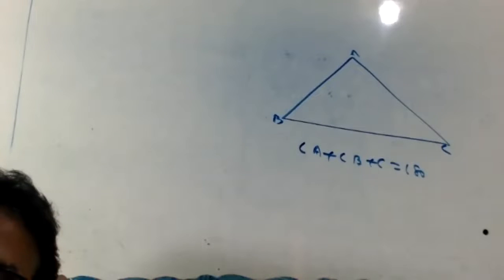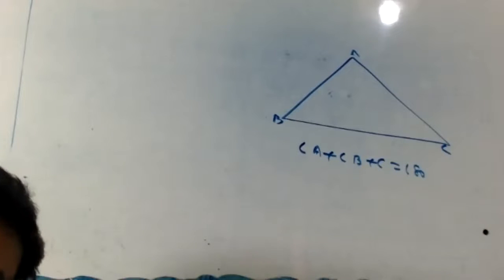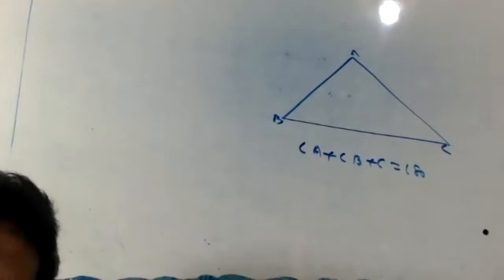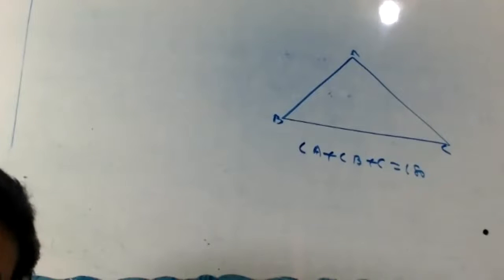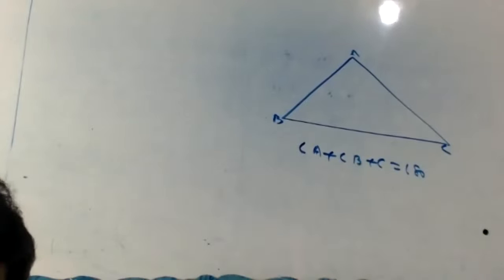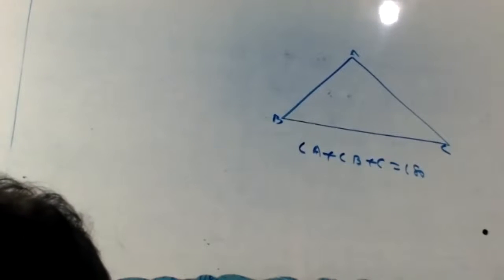Okay. Sum of three angles of a triangle is 180 degrees. Then draw the figure. Then leave it. That's all. I'll show you. Okay. Now look here. Given this way, all the proof questions you have to show this way.